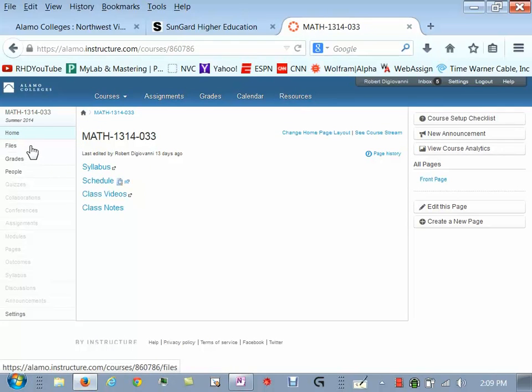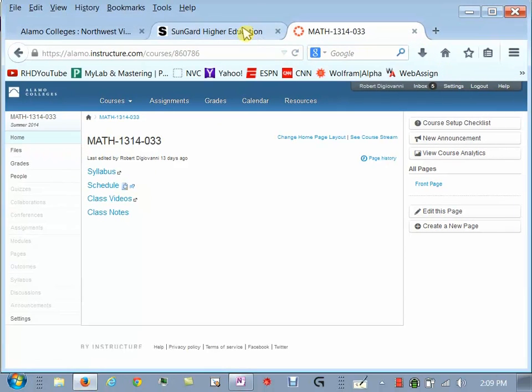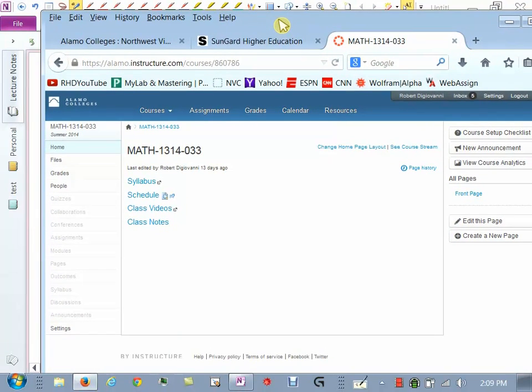You can't really see this over here. I'm having some issues with that projector, so let me just move this over a little bit. This is your home page. The files, that does the same thing that this one does. Grades, this is where you'll be able to check your grades, okay? So as the course goes on, assignments are turned in, quizzes or exams, I'll post your grades there and you'll kind of be able to keep up with things, all right?